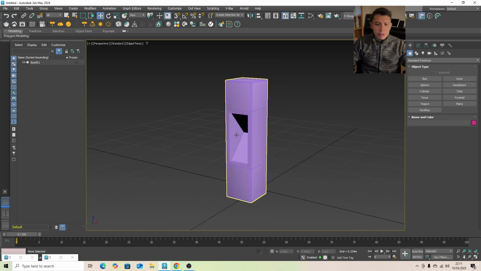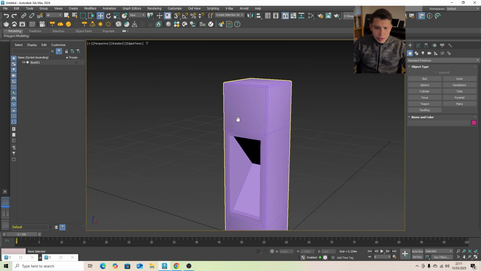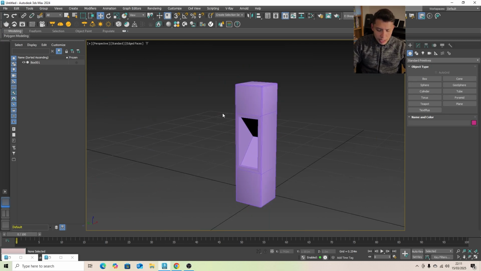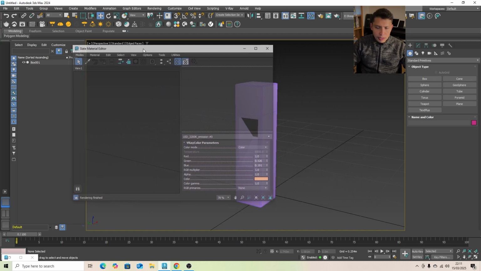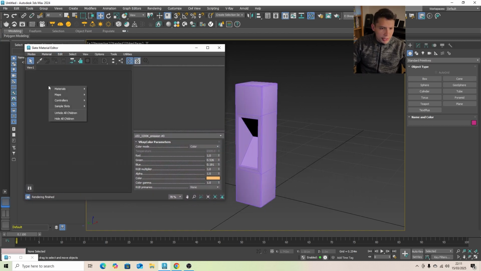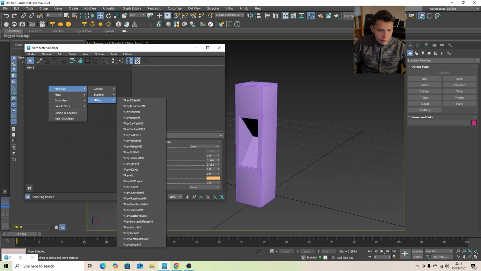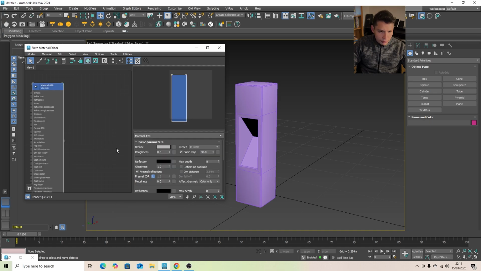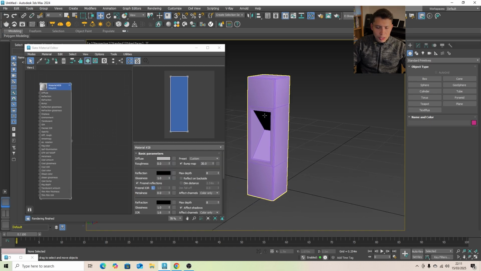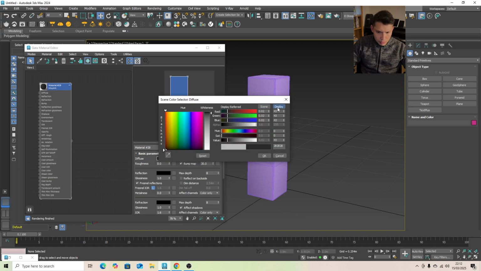Now we're going to start adding the materials. We're going to press M to go to the material editor. We're going to right click and create a new VRay material. We want this bollard to be in a metallic black paint, so I'm going to change the diffuse color, probably type here 56,